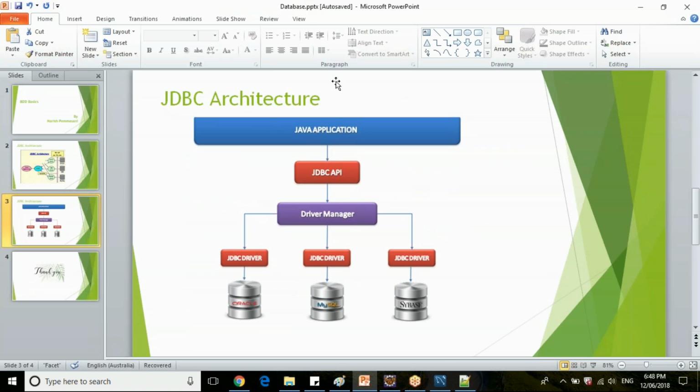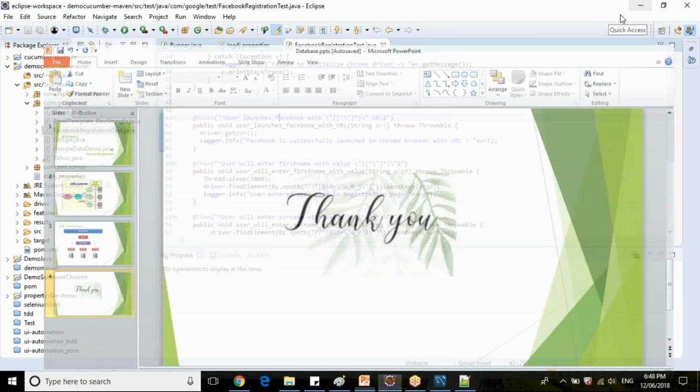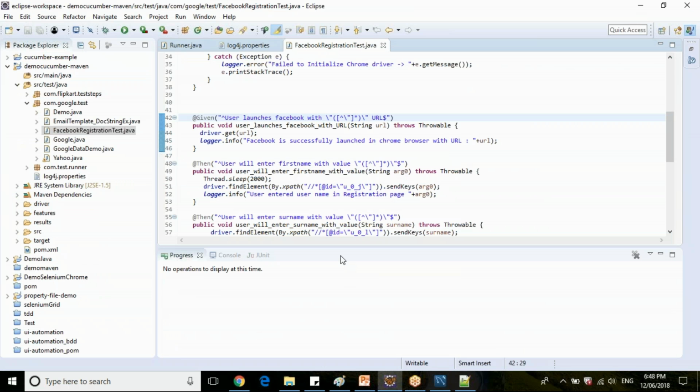So we have a Java application here which will collect the information from the front end. Now the JDBC API will be available. Suppose, for example, you're using MySQL server, so you can directly fetch the JDBC driver, establish a connection and work with MySQL server. Suppose you're working with a different database like Oracle, you can download the Oracle driver and work with the Oracle database. There are a couple of quick steps to establish a JDBC connection.